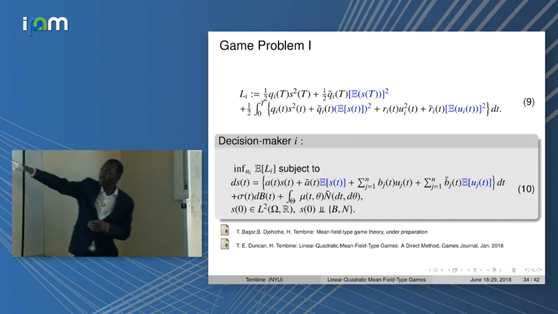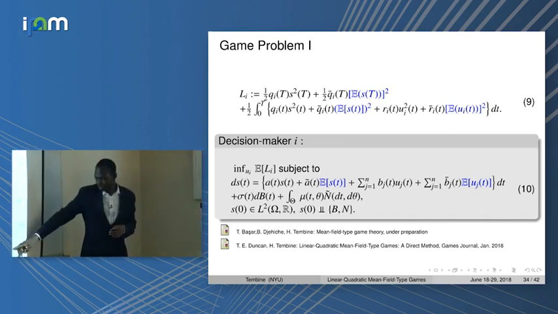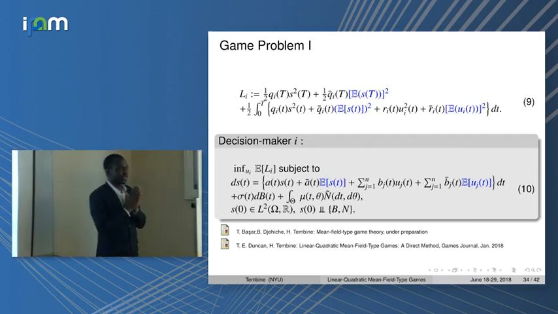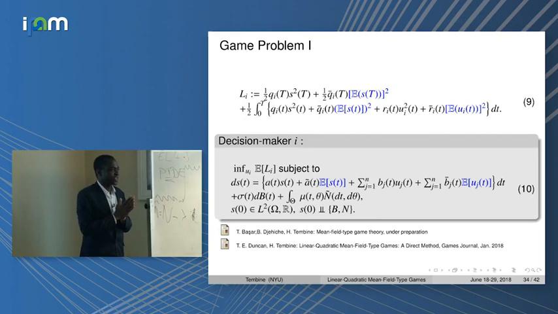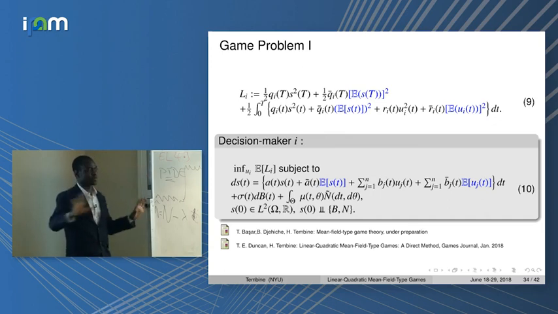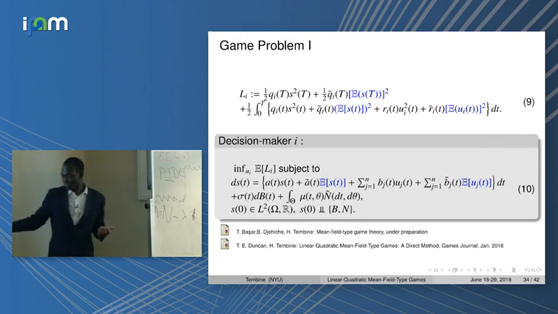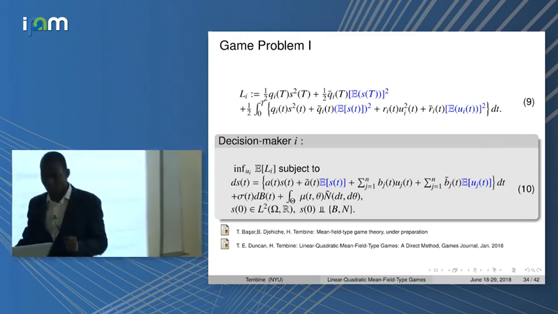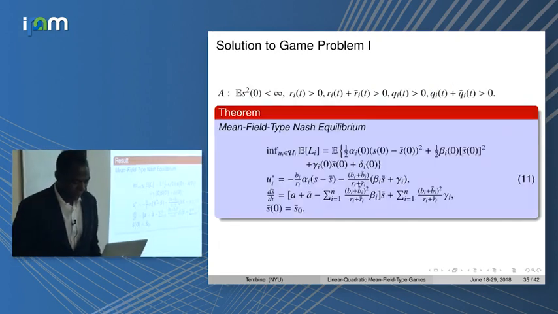The explicit solution of this is given in a recent paper that is online. There we do the direct method. We do the stochastic maximum principle. We do dynamic programming. We solve with the three separate methods and tell you what the differences are and so on, if you have time to look at the dynamic programming approach and so on.